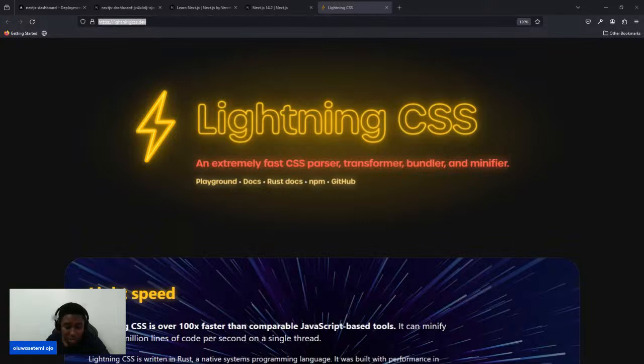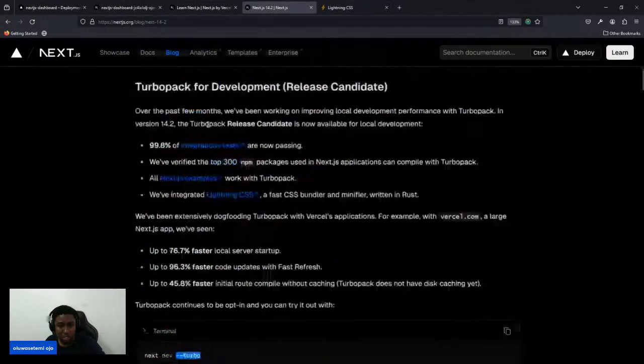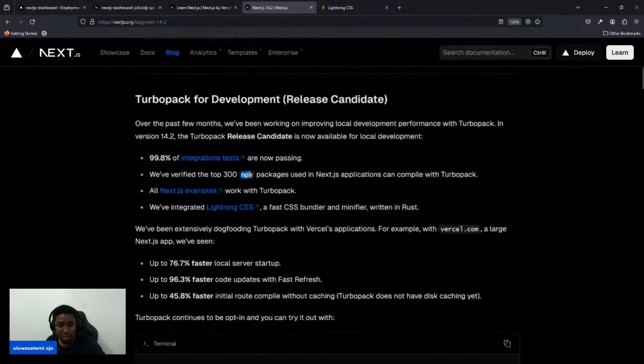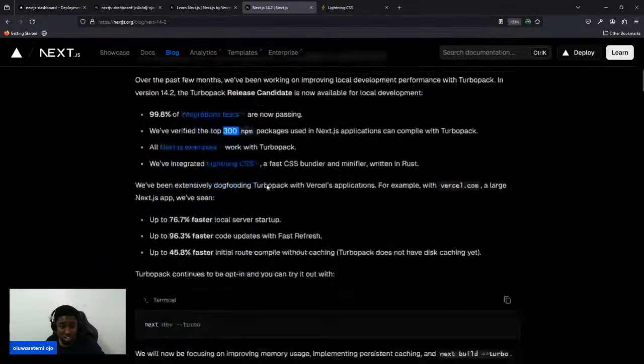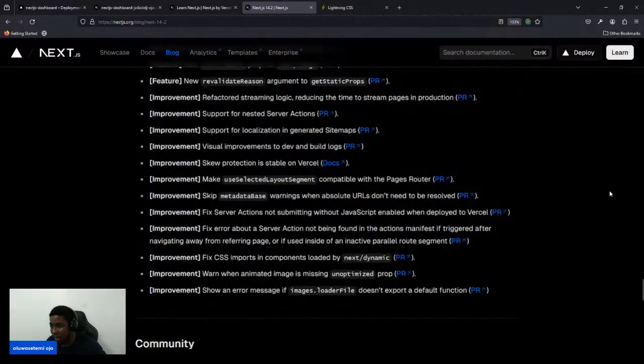So it means that our CSS will be processed a little bit faster. Next.js also says that Next 14 is working for the top 300 npm packages that use Next.js. So my thought is that the app we're currently working on, we should just upgrade it right away